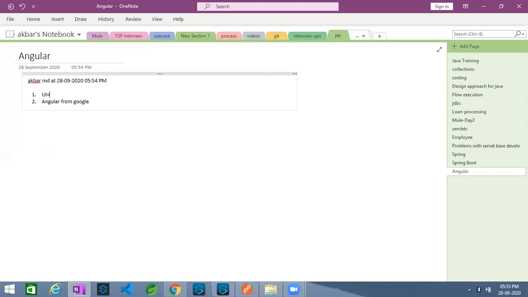One is your HTML, the second one is your JavaScript, and the third one is CSS. These three components work together to make a website or a user experience very intuitive. So these three have to go hand in hand.